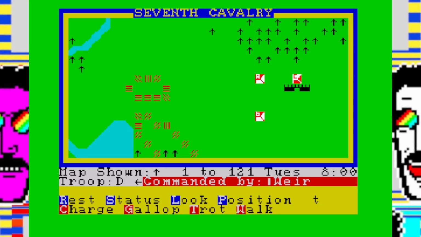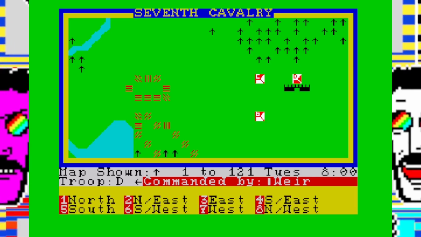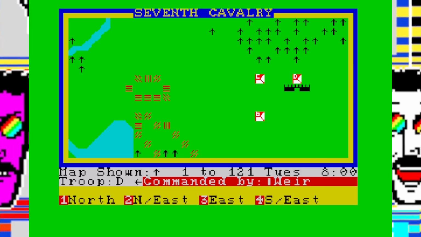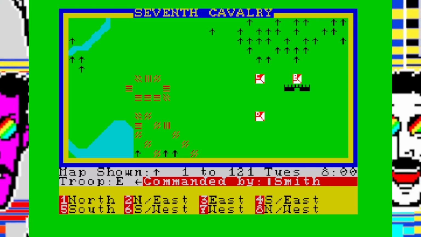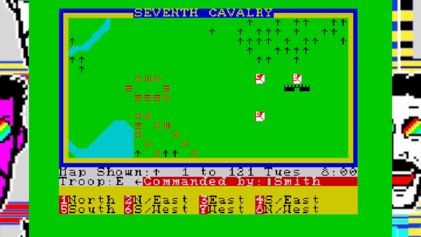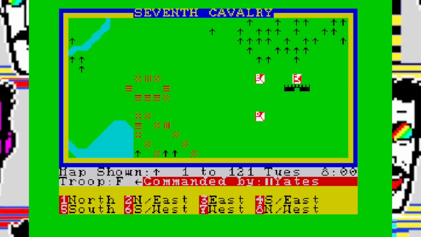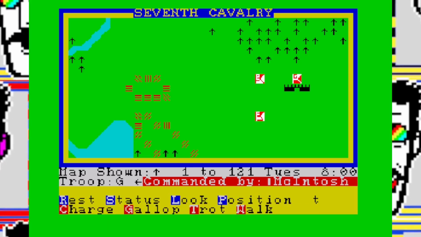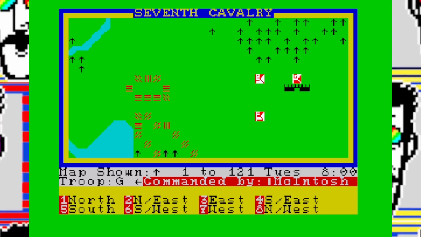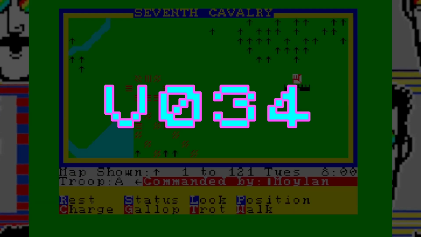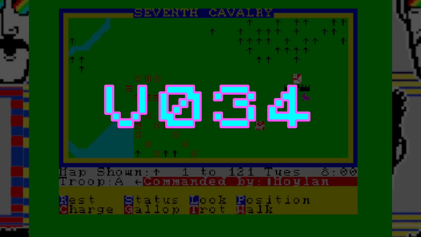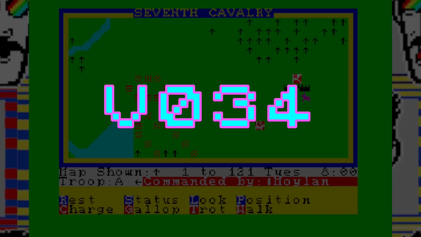The only extra code I had to put in was checking for night time, because at night time you cannot charge, gallop or trot, you can only walk. And now to charge west, you just type C for charge, 7 for west. Less key pressing, more action. That's the Custer way. Moving up to version 34, I've made a slight performance improvement again by changing the code